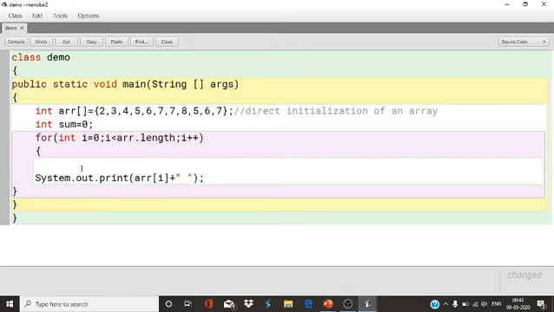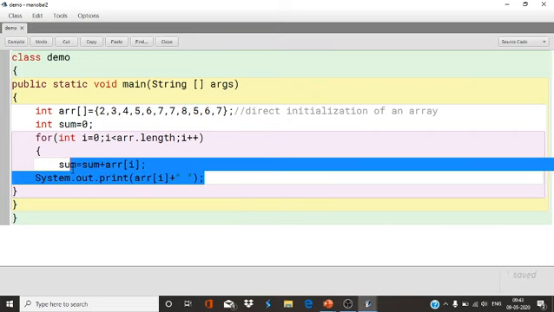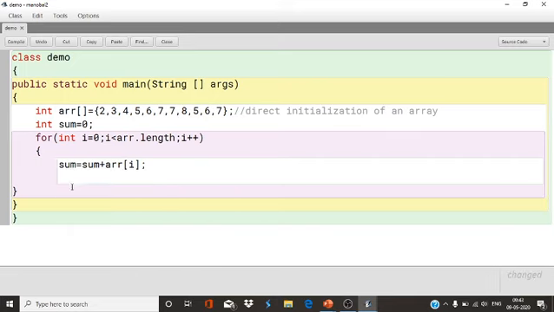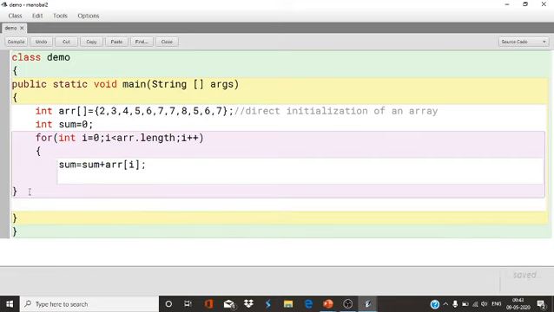Now I will store sum equals sum plus arr[i]. Now all the values of the array elements will be added into sum, and we are going to print the sum of array elements equals plus sum.